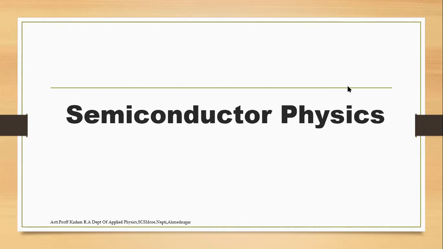Then there are two types of semiconductor: the intrinsic semiconductor and the extrinsic semiconductor. An intrinsic semiconductor is a pure form of semiconductor, and extrinsic means the pure form to which impurity is added, which is called the doping process. That is the extrinsic semiconductor. The extrinsic semiconductor has two types, pentavalent and trivalent, that is the N type semiconductor and the P type semiconductor.